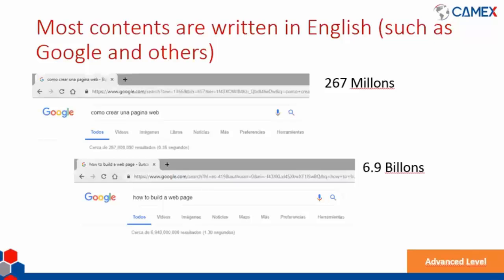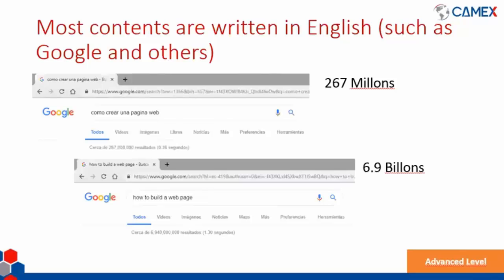And the second one was a parallel of searching the same thing, but with one change, which is the language. Okay, so I searched cómo crear una página web, and Google showed me 267 millions.